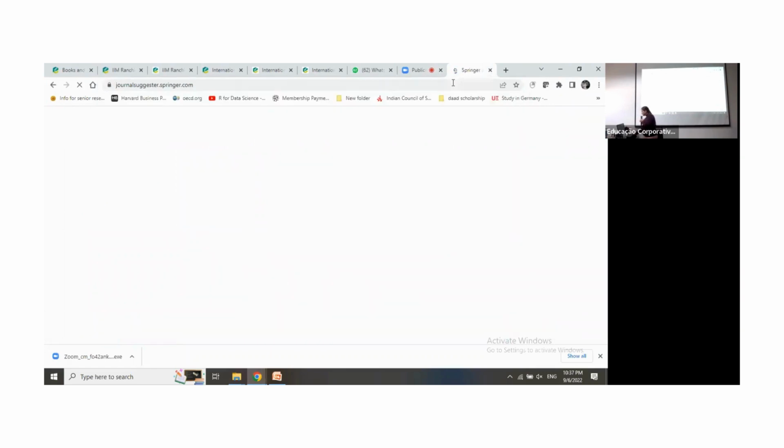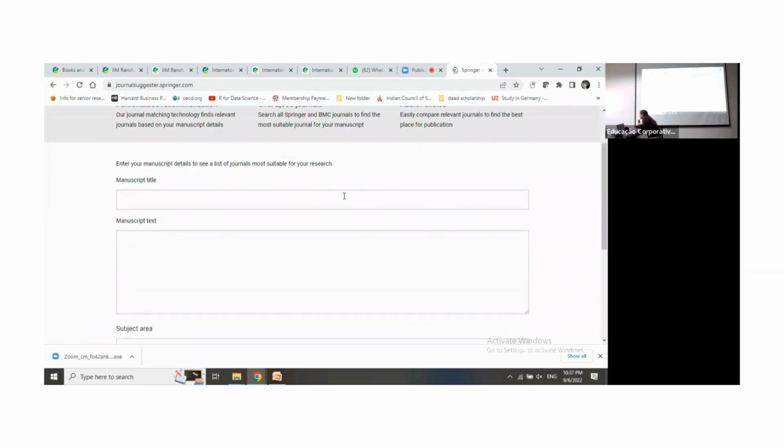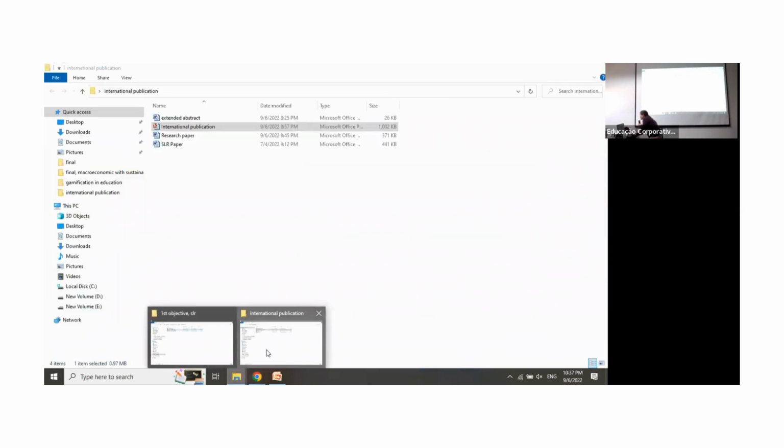This is from the Springer journal. You can see here, this is another publication house, that is Springer, and you can find the journal you want to publish by putting your